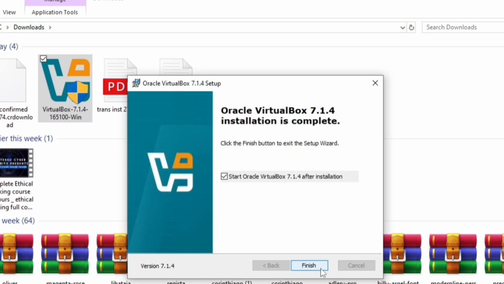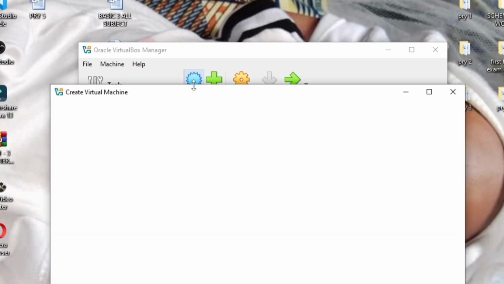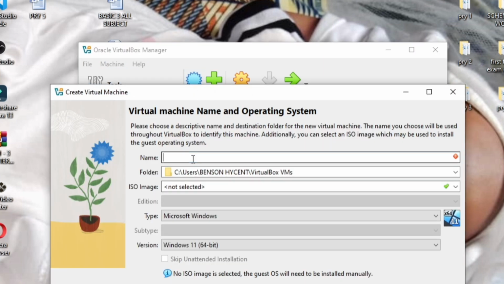Alright, that's finished installing. So you click on finish. And so we have our Virtualbox installed in our computer. So this is the Virtualbox. Now you can download any application with your Virtualbox by going to new. Go to new and you can come here and